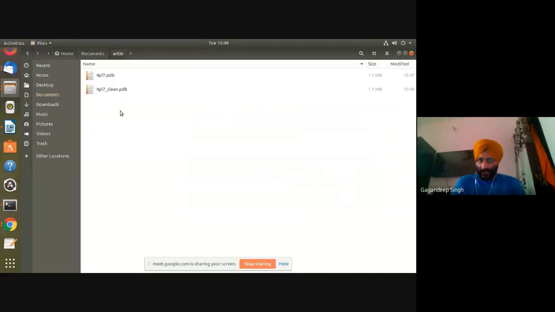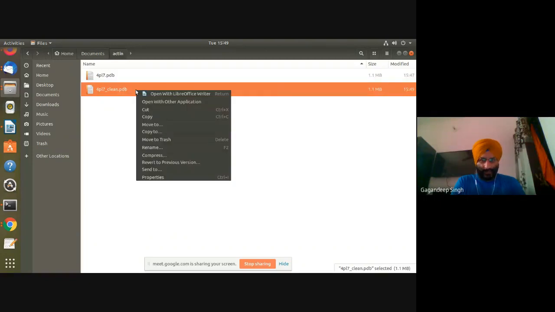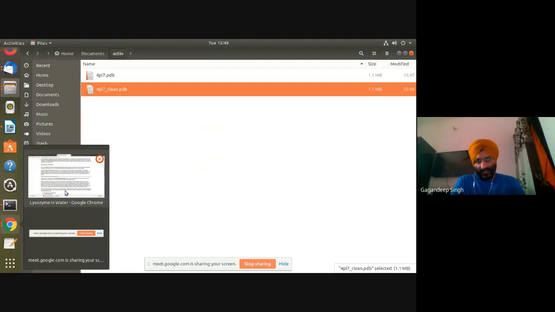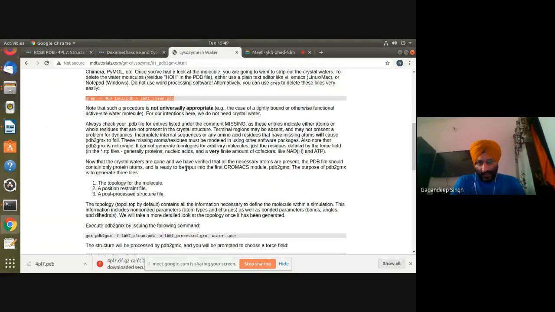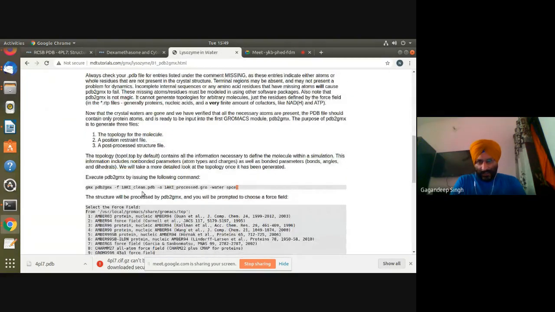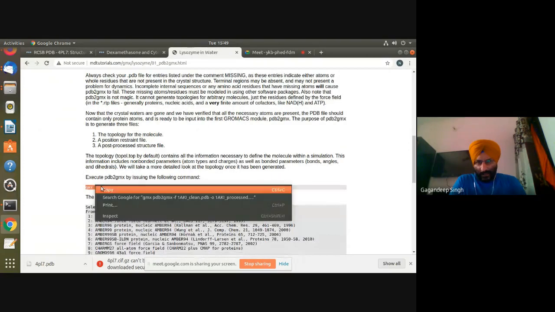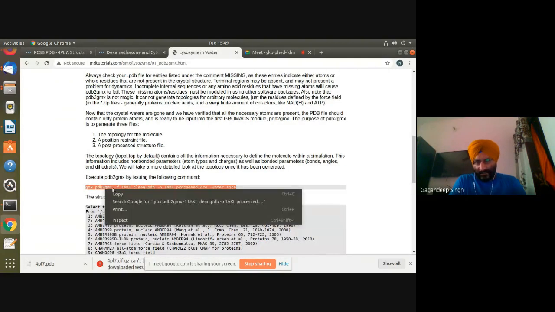We got this clean file in the same folder. No need to open this file, the file is clean now. You have removed the extra parts. Now our second step is this, but be careful about the names.